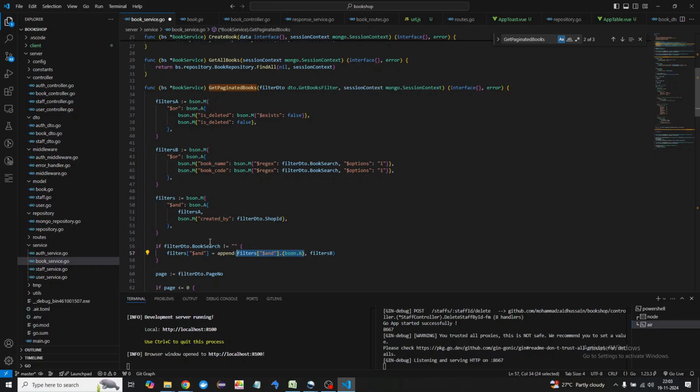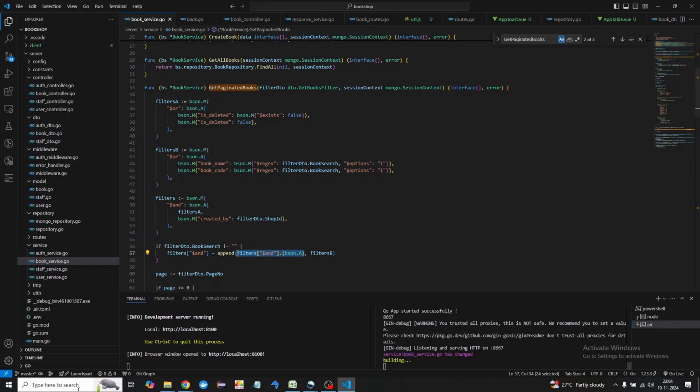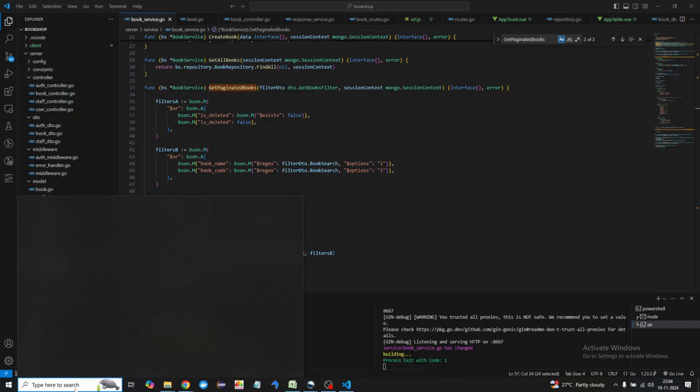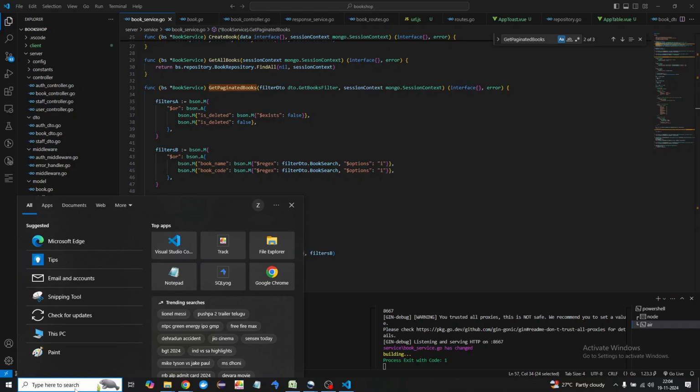How can we say that there is one more issue over there? I believe if we open MongoDB, let's open MongoDB, I saw that issue before actually, but then we moved on to some other topic and we left that over there. So let me show you what's the exact issue over there. Just open MongoDB,